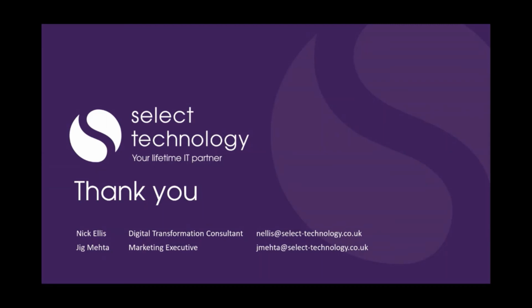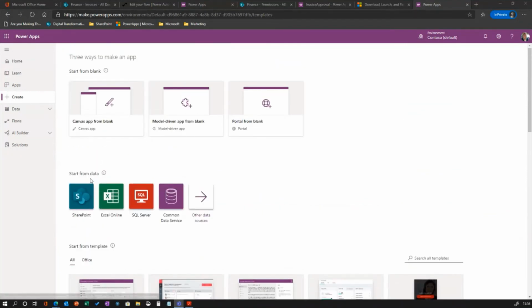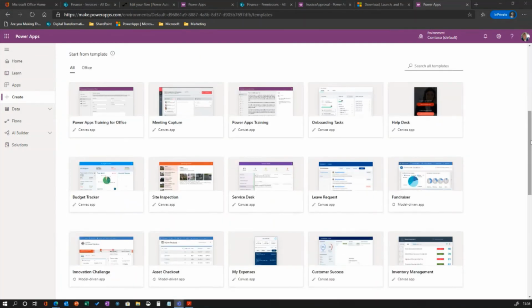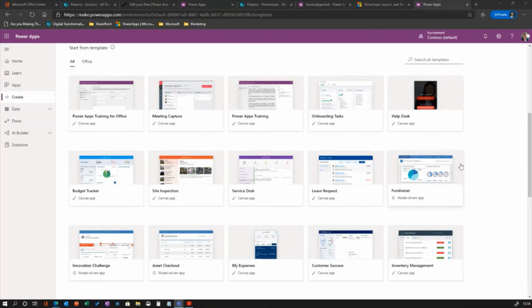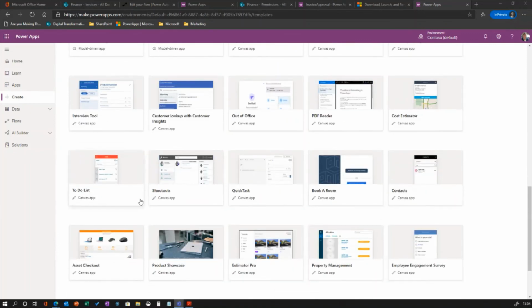Yeah, I'll just load up the screen for that. I'm trying anyway. One second. Yeah, so to get to that, create, start from template. As you saw, there's a couple of different ways into the creation screen, but you can see here the start from template, all the various things. You've got mobile, help desk, service desk management, site inspections, asset, PDF readers,